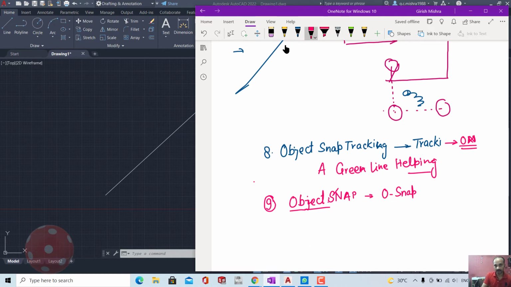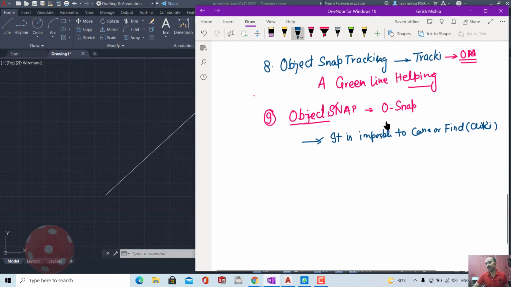Basically, it is impossible to connect two lines or click the exact point during sketching. To help with this, we have object snap, O snap. It will show you a rectangle, and different types of icons will appear there.